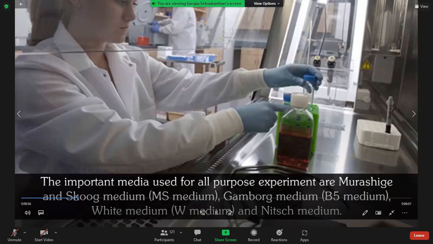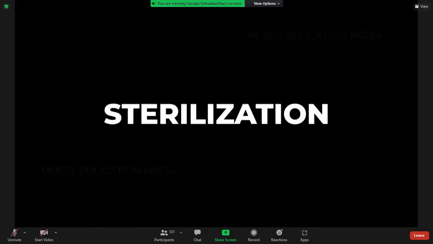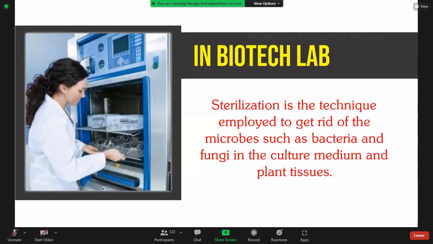The culture medium is closed with a cotton plug or an aluminium foil sheet. The pH of the medium is adjusted to 5.8, that is the acidic range. How is the process of sterilization done? Sterilization is the technique employed to get rid of the microbes such as bacteria and fungi in the culture medium